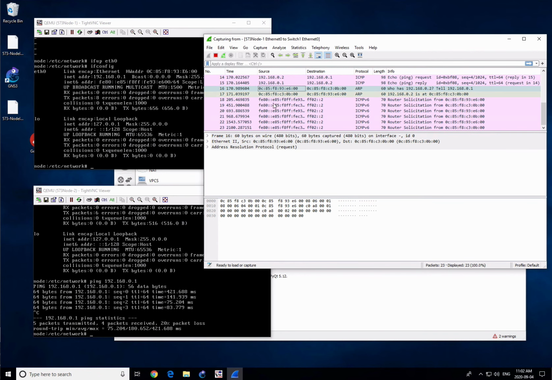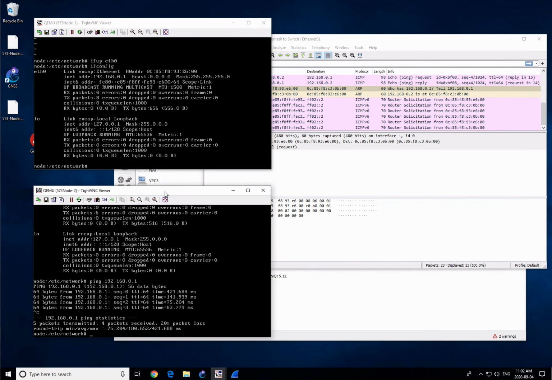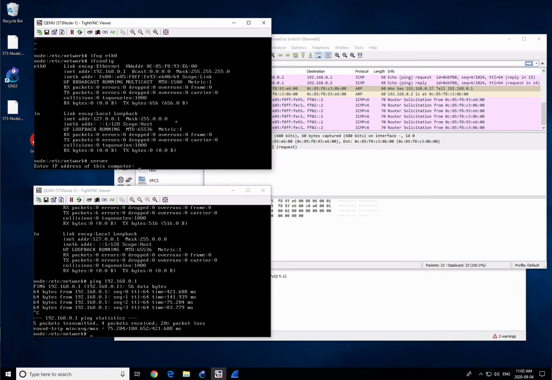So another way of generating packets between 2 machines is to use a client-server application that I actually wrote custom for ENEL 573. We're going to designate node number 1 as the server, node number 2 as the client. On node number 1, you type in the command server, hit enter. It asks for the IP address of this computer. So that's